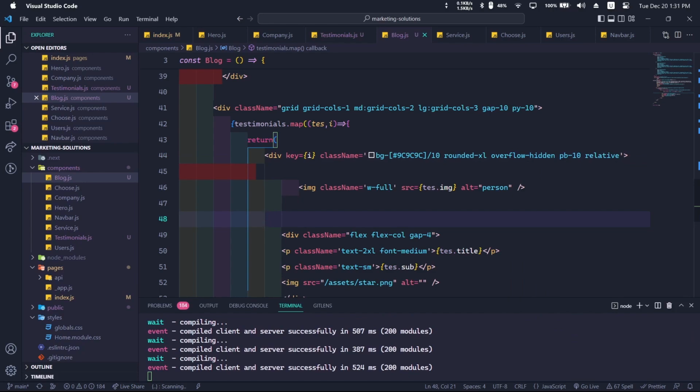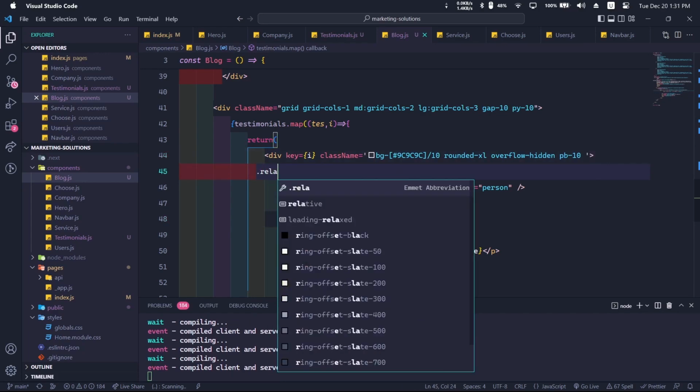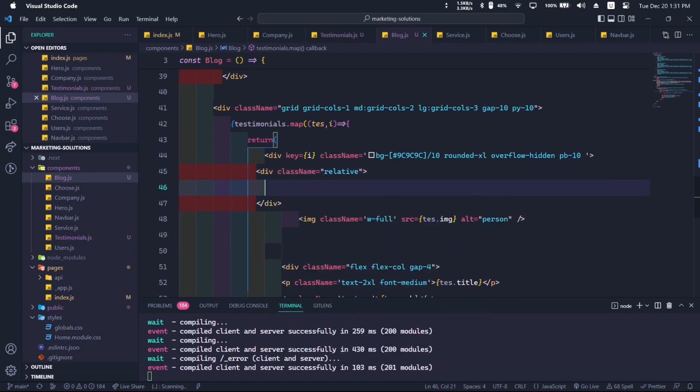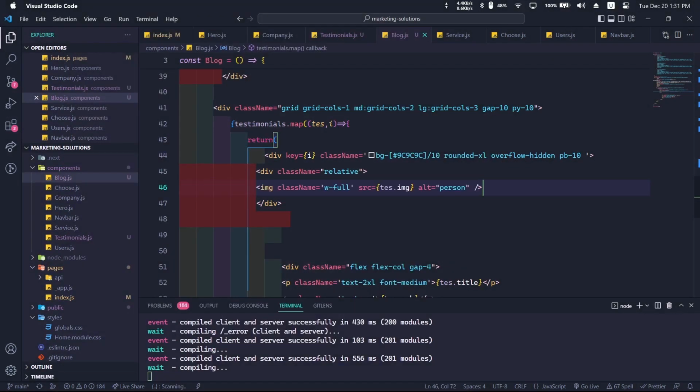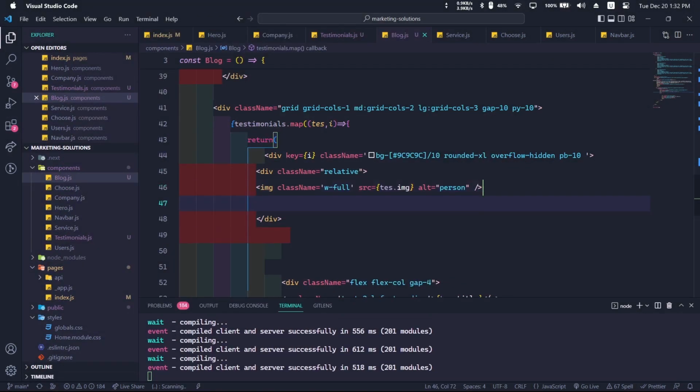No, we will not give this in this particular position. With this relative in here, the image will also be under this relative div, and there will be a p tag